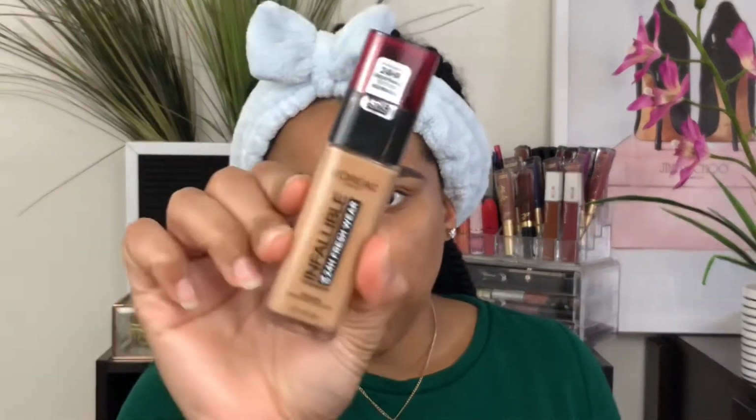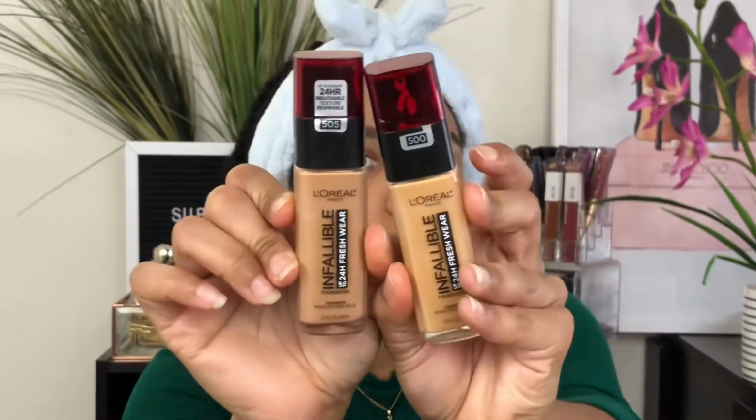Now that my face is primed, I'm going to be taking the L'Oreal Infallible foundation in the shade 505. I have it in 500 as well. They are different undertones, so sometimes I mix the two just because I have them on hand, and I purchased these right in the beginning of the pandemic and there was no option to return anything. So I'm just going to go ahead and put a few of these